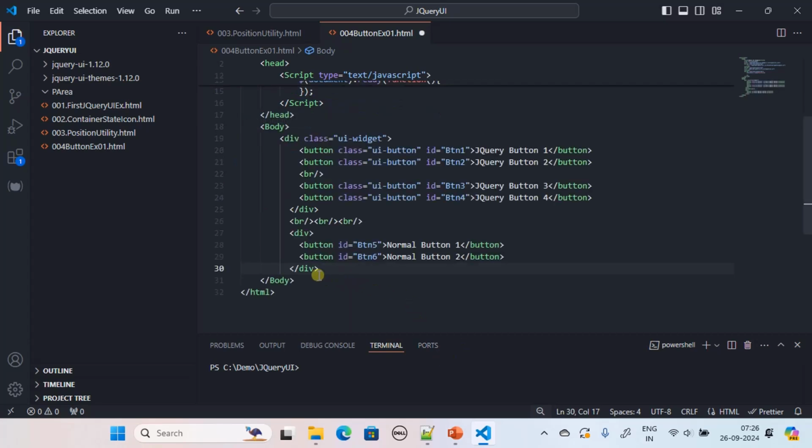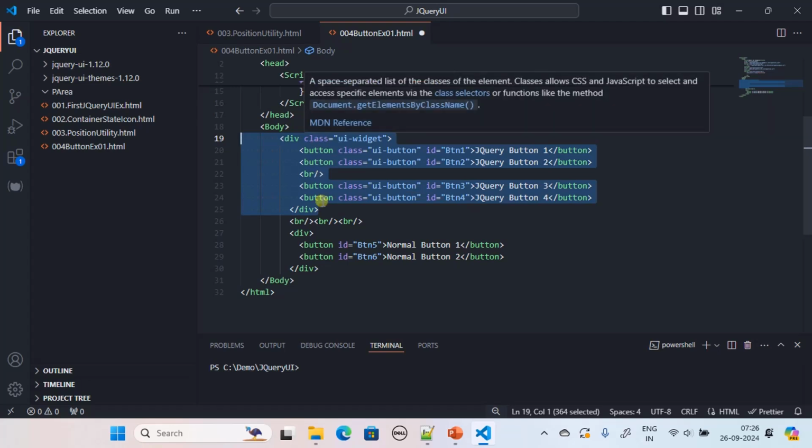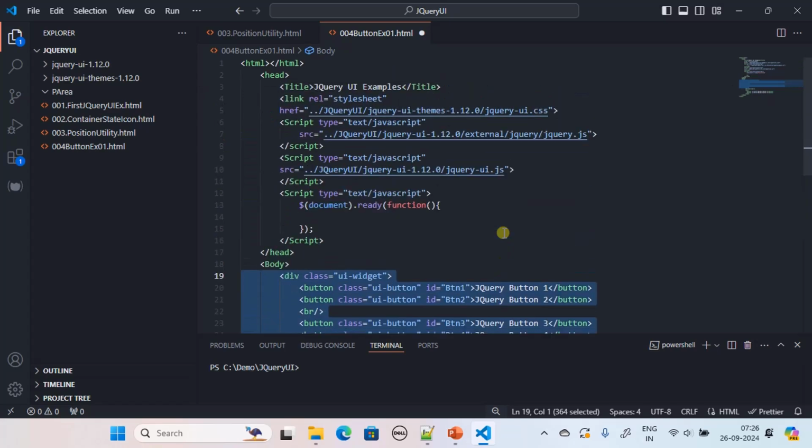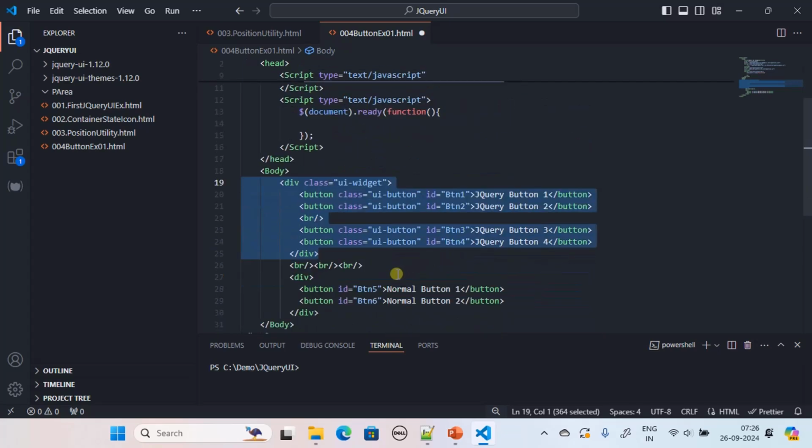So inside the body content, now we have 4 HTML buttons with the class attribute ui-button. This ui-button is coming from the CSS file here. You can search this CSS file for ui-button to know what all the style rules applied to it are. Alright, then we have one more div tag to have normal HTML buttons. So at this stage, since we are not invoking any jQuery API, if you run,